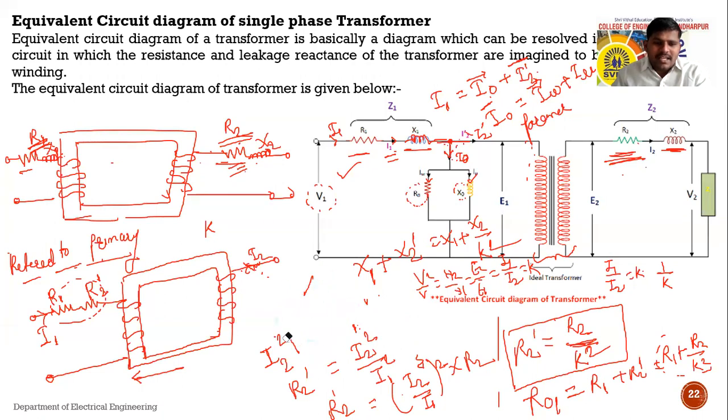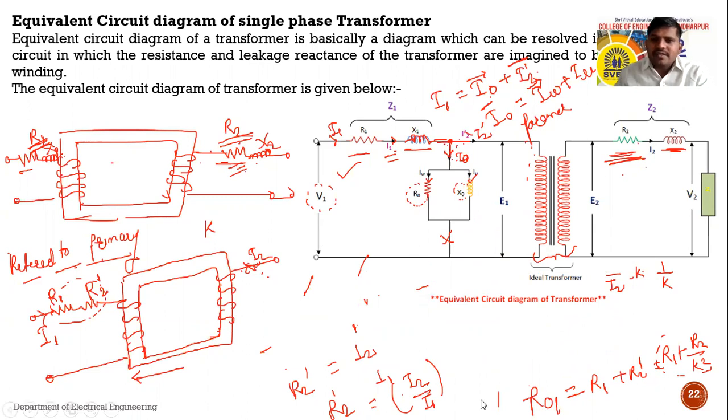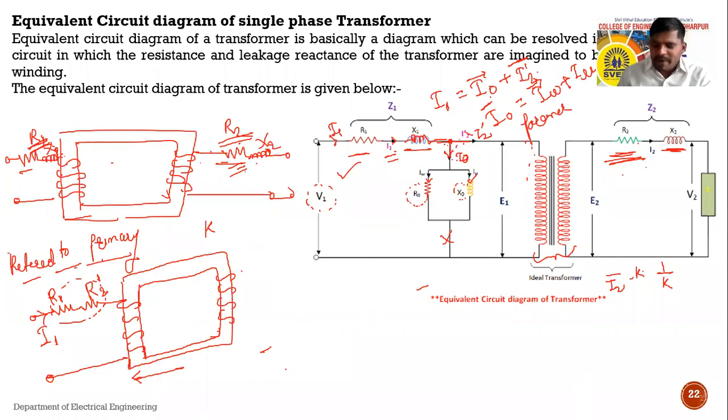Similarly, like this proof, can anyone tell me? Referred to secondary. What is the meaning of referred to secondary? That means we are considering the secondary side, right? We are considering the secondary side for the equivalent circuit. So while considering the secondary side, the primary value can be transferred into the secondary side. Now what change will occur while the primary value is transferred into the secondary side?